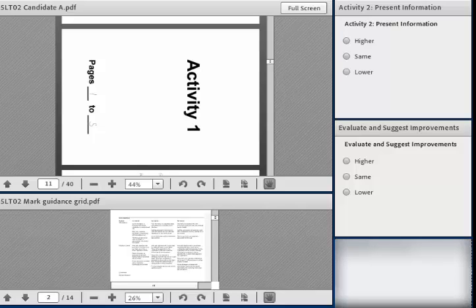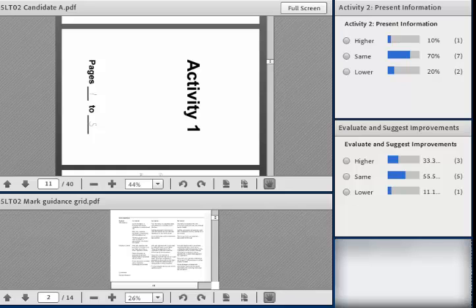Interestingly, when we look at the evaluate and suggest improvements, about 1/3 of you have suggested, I mean, the centre gave it 3, and we gave it 3, but 1/3 of you have suggested that we could have gone higher. Just remember, this bit is evaluate and suggest improvements. The weakness was really that there were no suggested improvements throughout the work. If you're concerned about your own candidates falling into the same trap, you could always use some sort of template, really, where you're forcing them to make a judgment to help them evaluate, and then put at the end suggest improvements so that they don't miss out that part of the task.